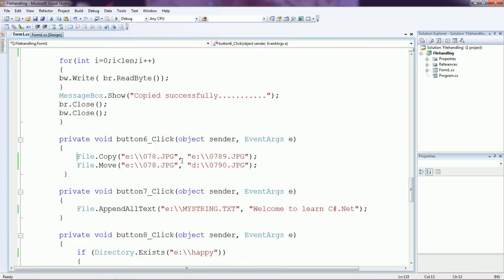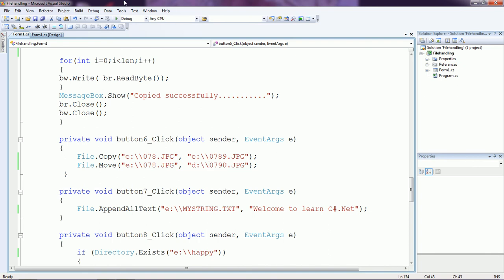let us copy a file and also move a file. Copy from E drive to E drive, and also move a file from E drive to D drive. You know that copy means what? This file is copied to this file, but by using move, what happens, this file is shifted to the D drive using a different name.